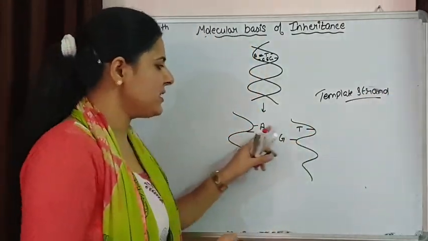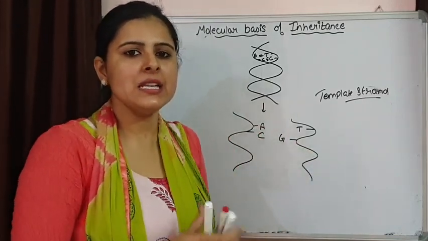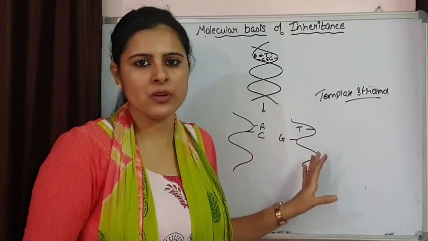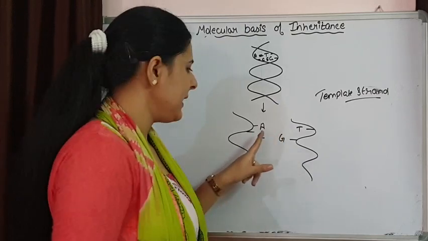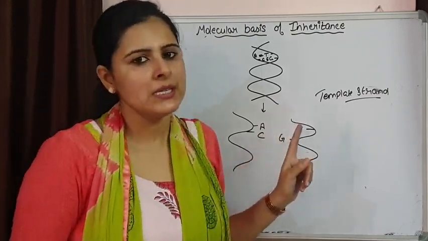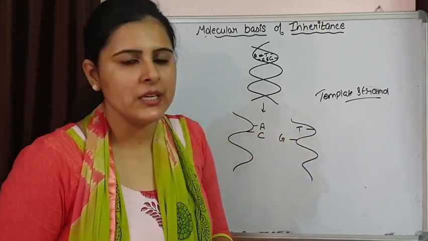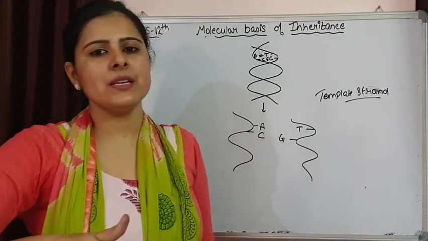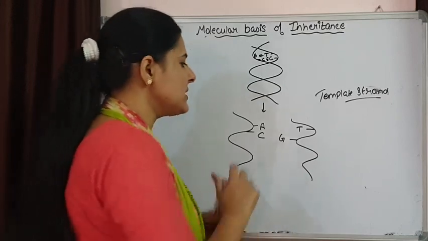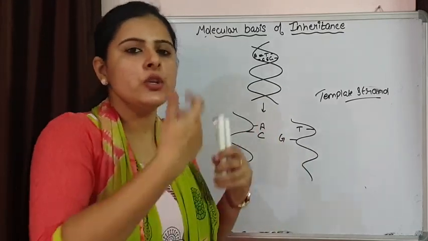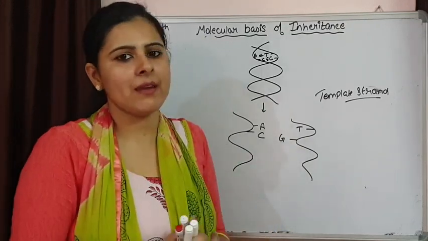And we know there is specific base pairing. So now the new strands that are formed, we can easily find out the sequence of these new strands. If here A is present, that is going to bind with T. Here C is present, that is going to bind with G. T is going to bind with A and G is going to bind with C. Because we know that specific pairing takes place between the nitrogenous bases, we can easily find out the sequence present in the new strands that are going to form. This is how the DNA is replicating.